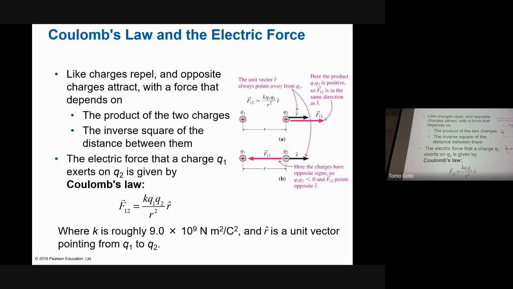Let's look at the figure. So plus and then plus is going to repel, right? So the force is going this way. And how big is the force? It is the product of Q1, Q2, you can calculate. And it also depends on the inverse of the square. So of course, if this charge is large, then you have a bigger force, right? Then also the distance here, R squared, right?